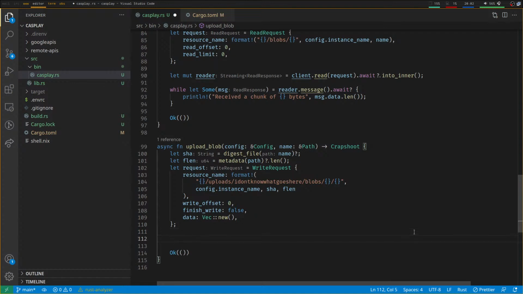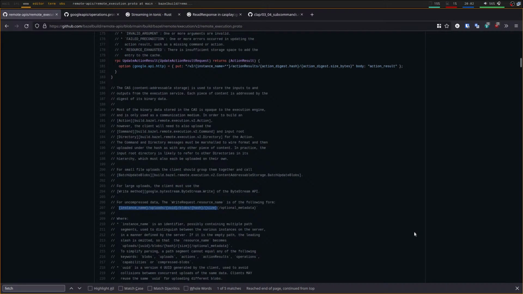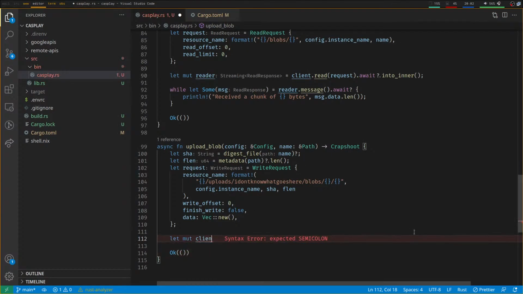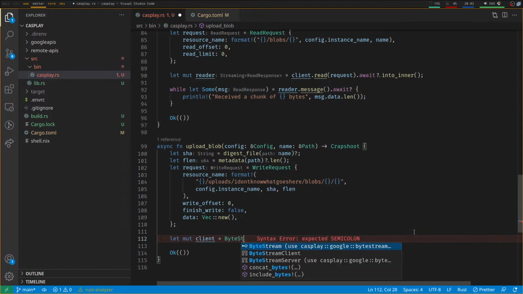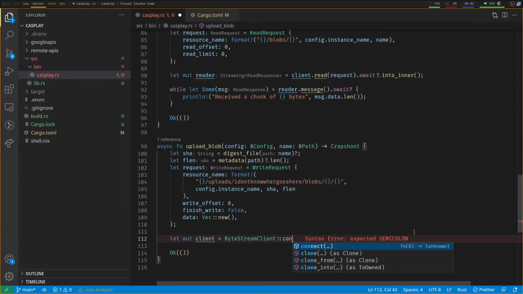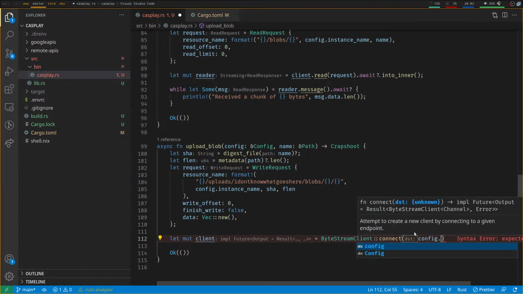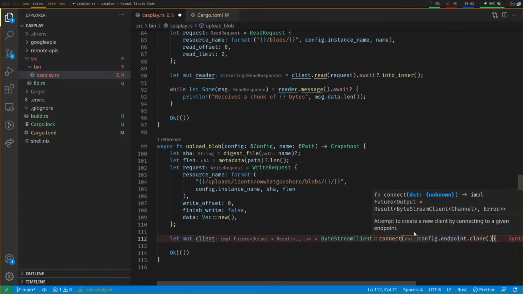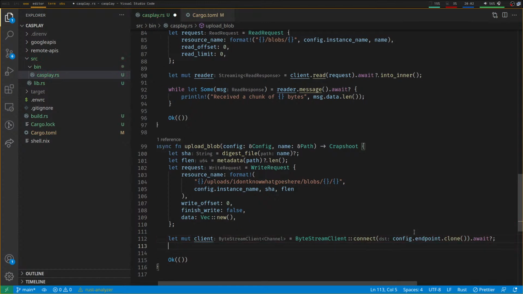So we want a byte stream client to write to. Yes. So let mut client equal ByteStreamClient connect to config.endpoint.clone. So we now have our client. So to write to here, I believe it's a streaming interface. I might be wrong, but I believe it's a streaming interface. So if I go client.write,